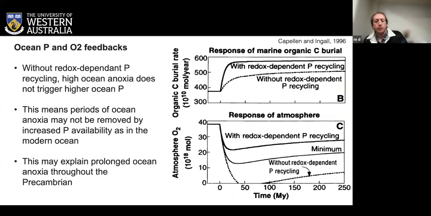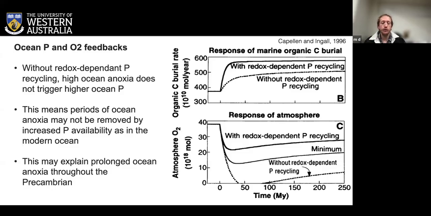So what does this mean in terms of our long-term reconstructions of the phosphorus and oxygen cycles? Well, if this redox-dependent phosphorus recycling is not happening, then what we can expect is that atmospheric O2 levels are not being buffered by this negative feedback cycle. So this would mean that if we have low atmospheric O2 levels, we're no longer getting those high phosphorus concentrations we need to increase those atmospheric O2 levels. And as a result,